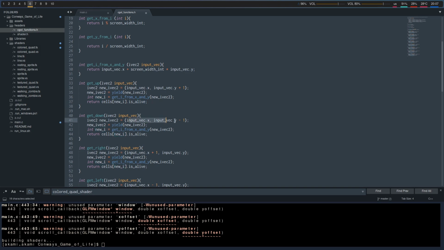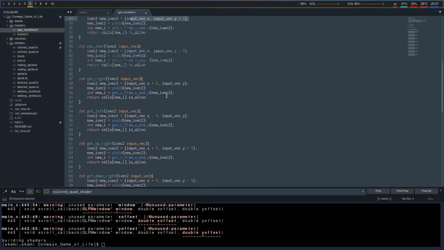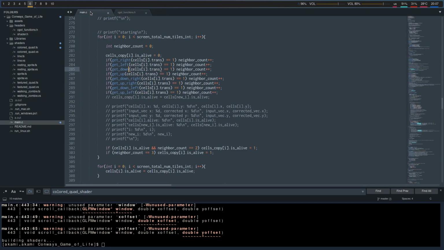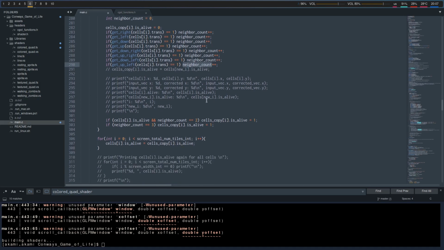The difference is going to be here. Okay, so yeah, that's how those work. Somewhat straightforward. So we check all those neighbors like that, and we have a neighbor count. And while I was making all this, I was debugging. You know, if you're going to do this,